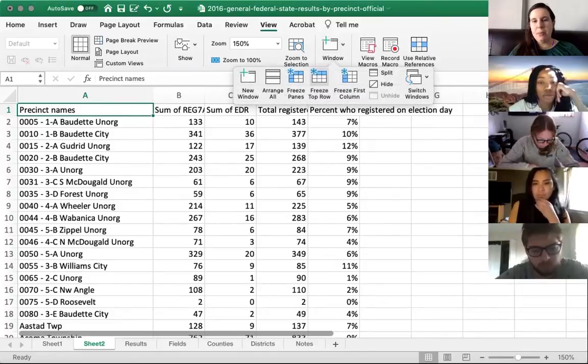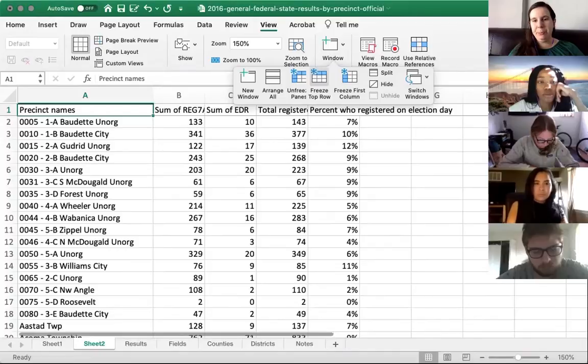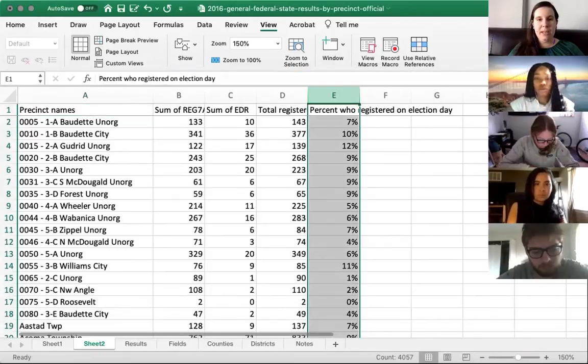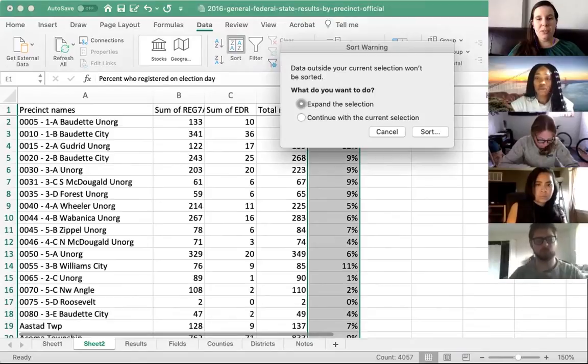I want to freeze the top row so that when I sort, it doesn't get lost. To do that, I went to View, Window, Freeze Top Row. And now I know when I do other things like filter or sort, it stays put. So if I wanted to sort this,